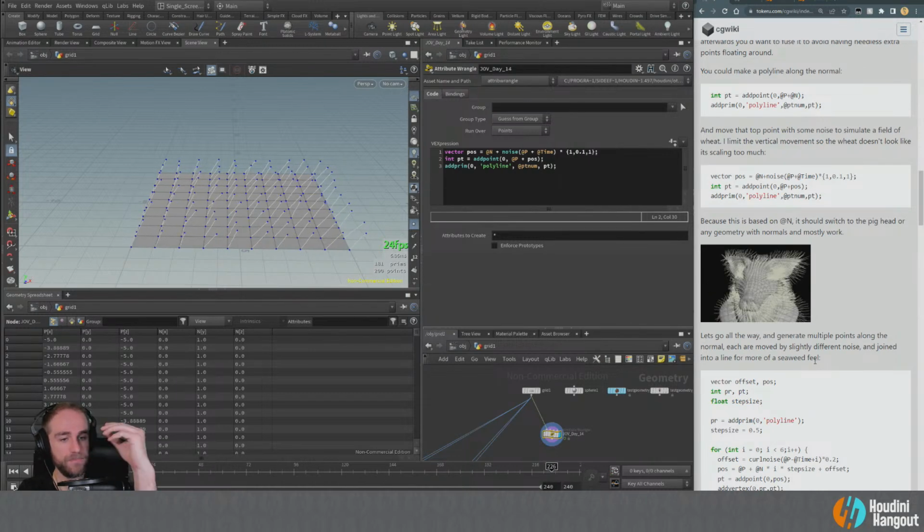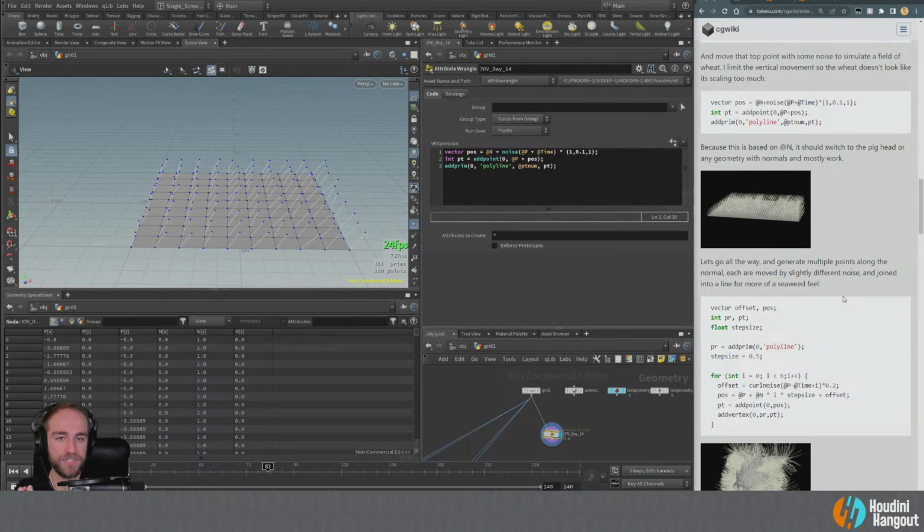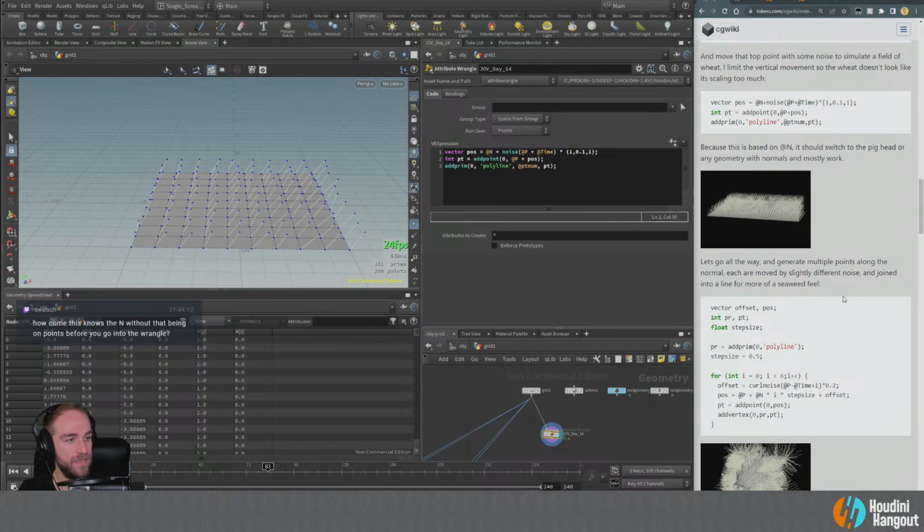So let's do something maybe even a little bit more intensive here. Instead of just doing it with one point, let's do multiple points along the normal, each moved by slightly different noise. So it's even more wispy, instead of just